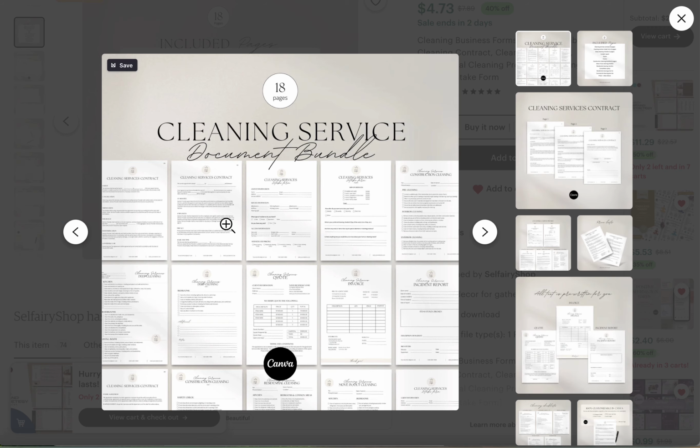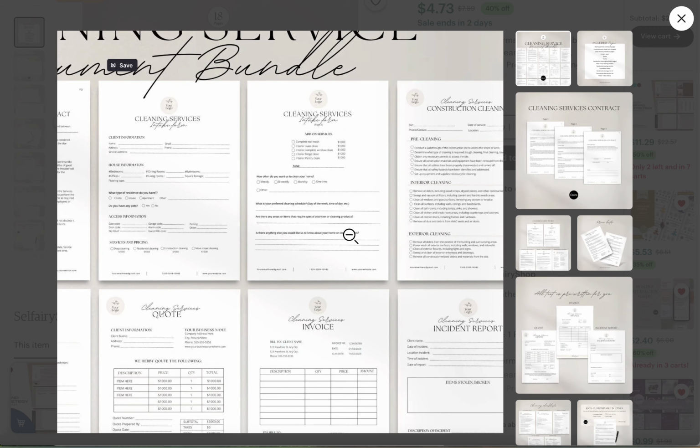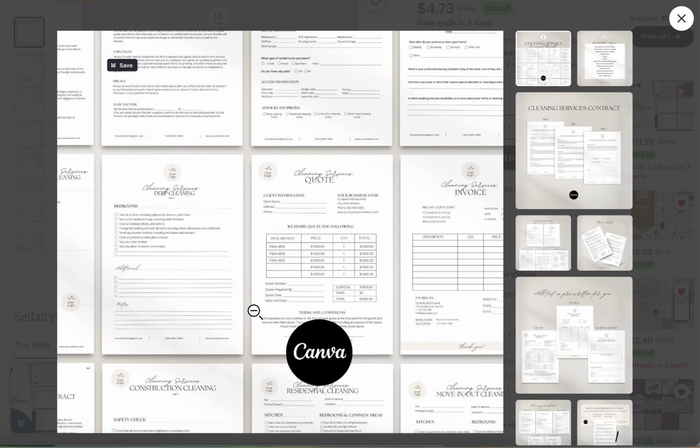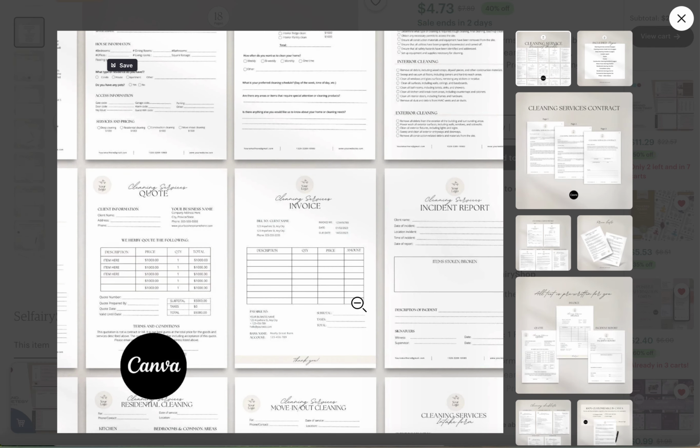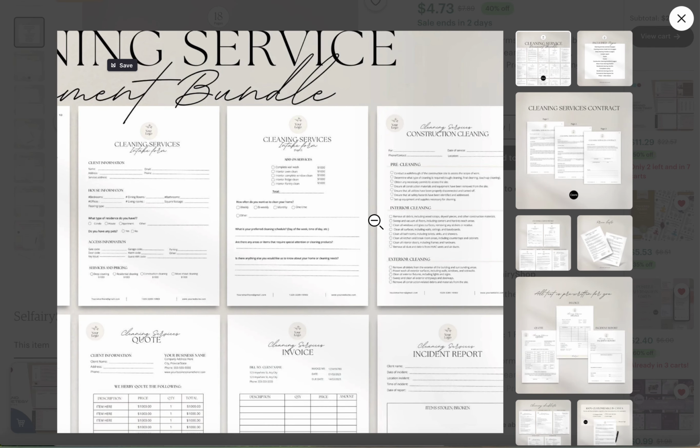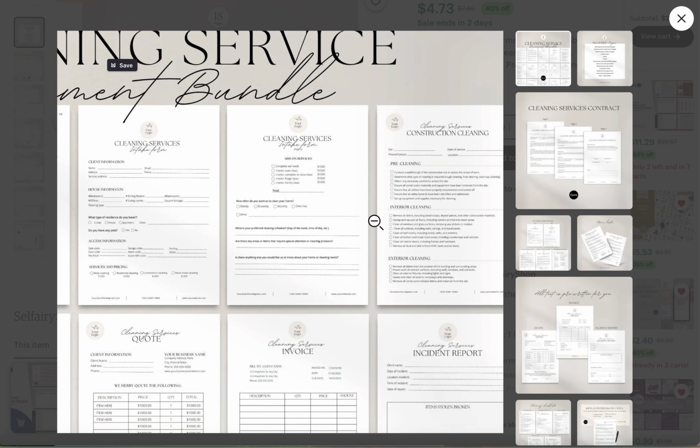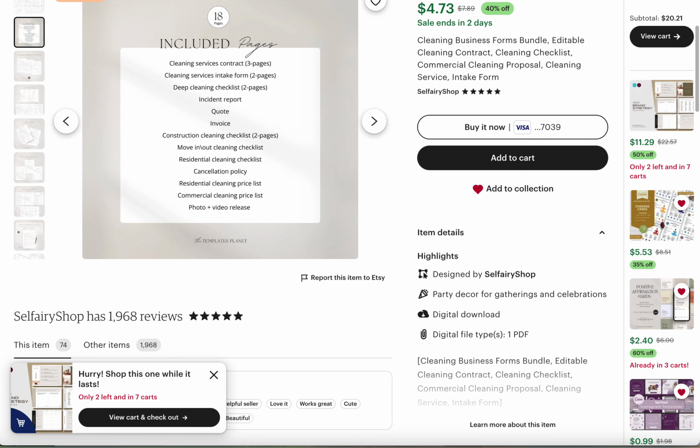Let's go back. I have no interest in creating templates that are oriented around a cleaning service market, but clearly this is a big business. And if you were looking at starting from scratch and had no preferences with respect to niche, you might want to just create these sorts of